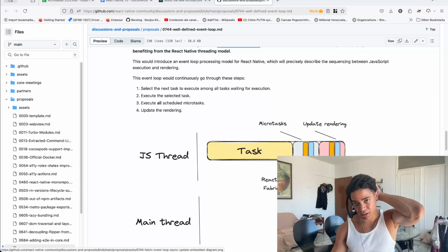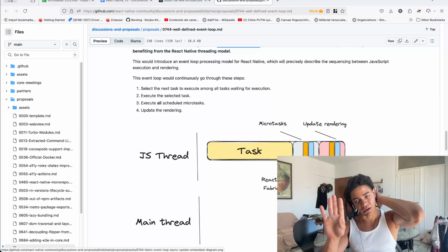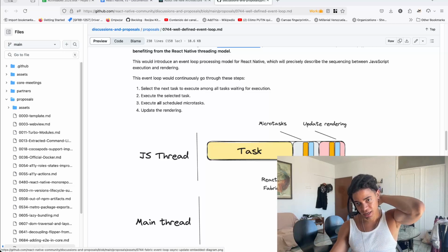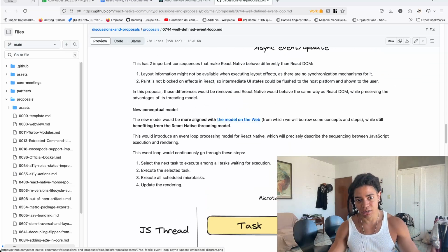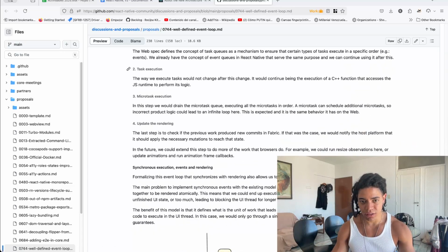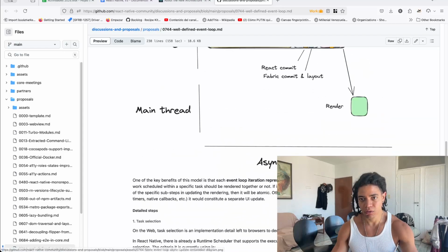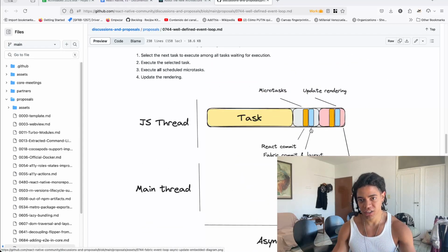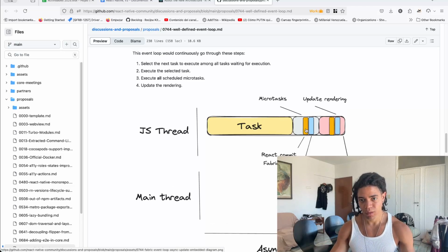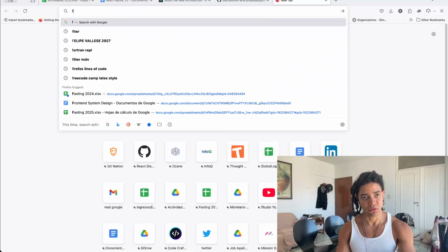The React commit is all of this change that happens to the DOM, and then the Fabric commit and layout, I'm assuming, are those changes that happen on the host platform. We can take a look at that now. So, Fabric